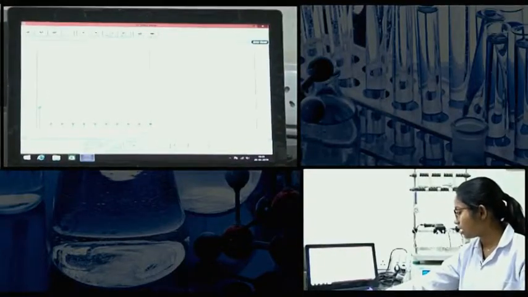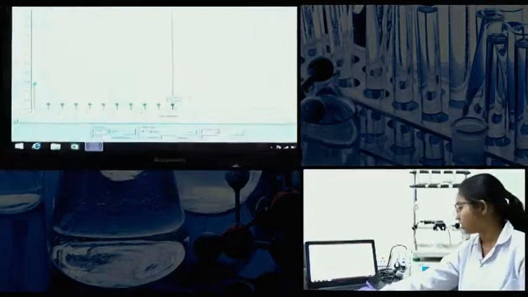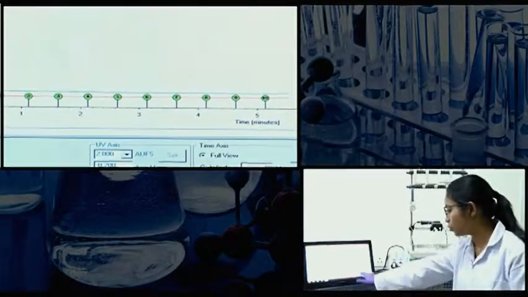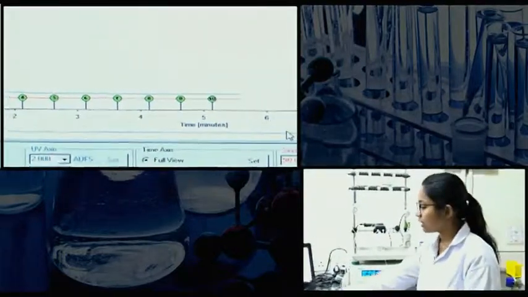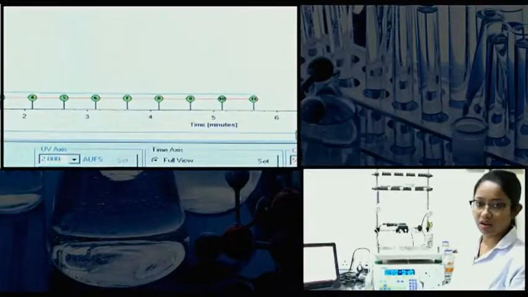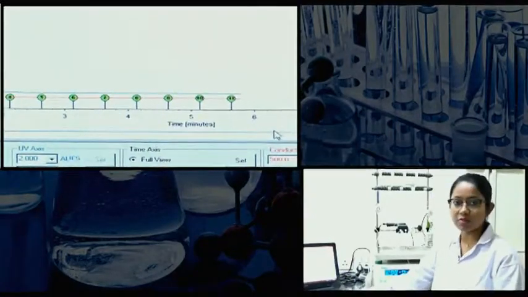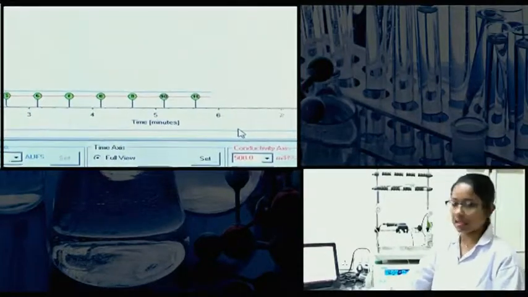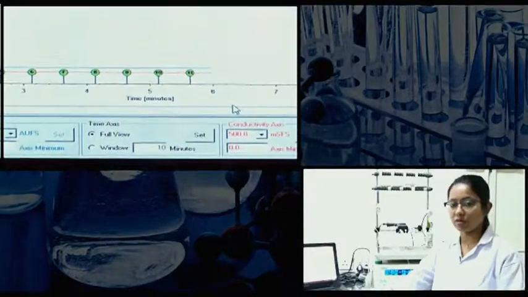This small peak, these green colored things, will show what number of fraction is getting collected, and the blue and red lines denote the UV as well as the conductivity measurement. Now it is still flat, because at 17% B my protein is not coming out. If my protein comes out, then the blue line, the absorbance, will go up, and we will identify in which fractions my protein is there, and then we will collect only those fractions, and run our gel to see if my protein is present or not.